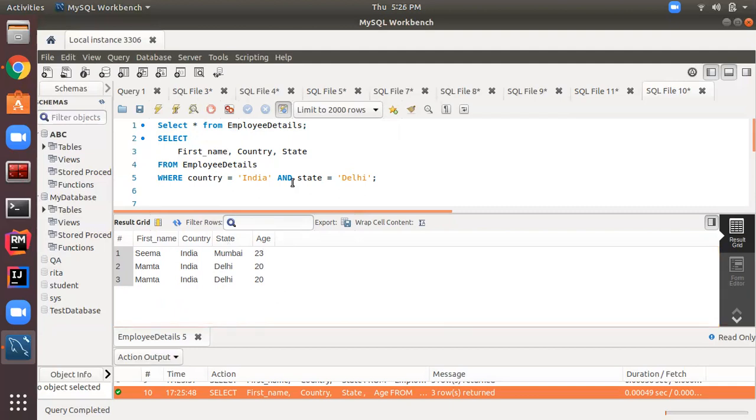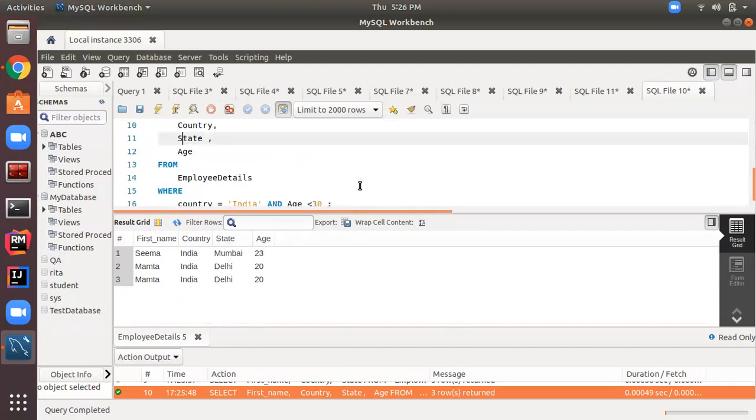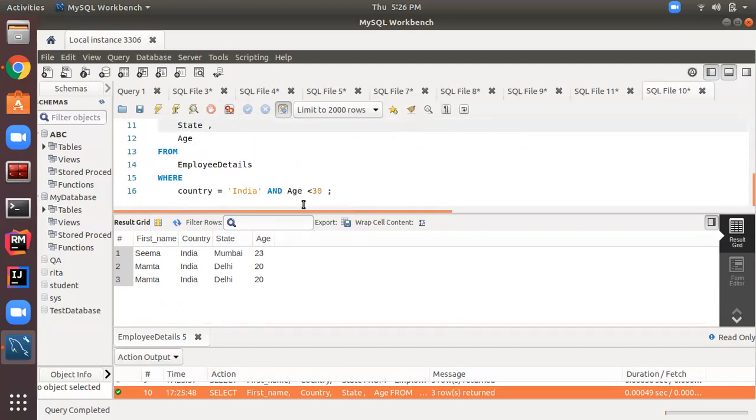So this is how we can join multiple conditions with the AND keyword. We can give three conditions as well using the AND keyword. Let's modify this query. I want to display those records whose country is India and state is Delhi and age less than 30.